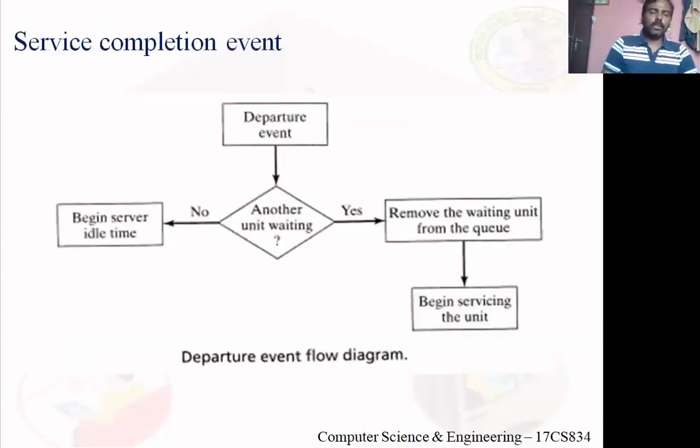So now, see what I said: in case of an arrival event, you need to look at the status of what? The server. Got it? In case of an arrival event, you need to look at the status of the server. In case of a departure event, very important, you need to look at the status of the queue, the status of the waiting line. I repeat, in case of a departure event, to solve a problem, we need to look at the status of the waiting line.